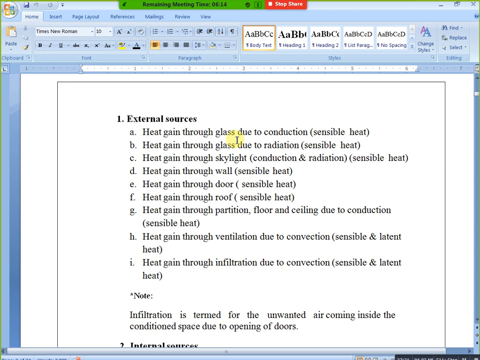Okay, skylight means, for example, we'll take a window frame. Okay, we can place glass now. In that condition we have some space, some air gap for glass moving purpose.